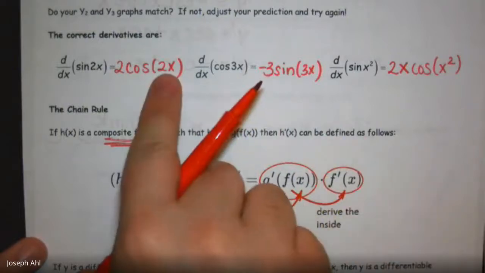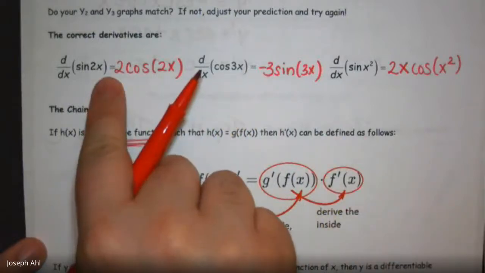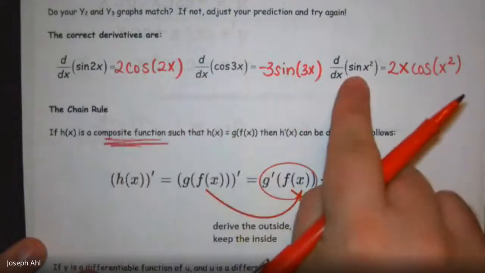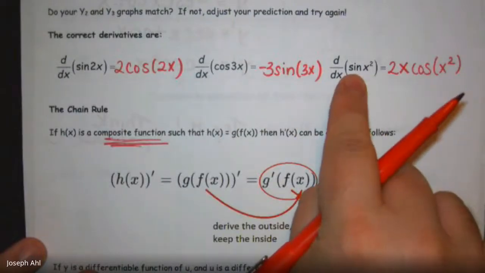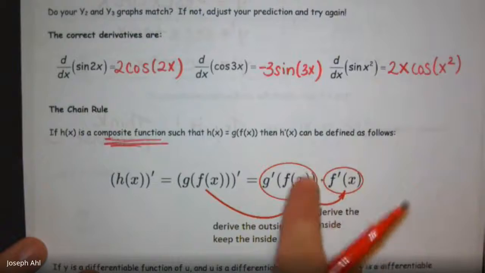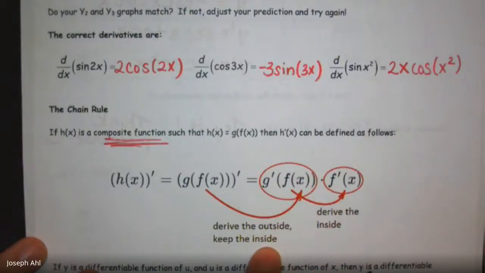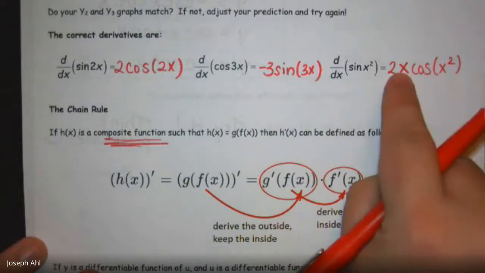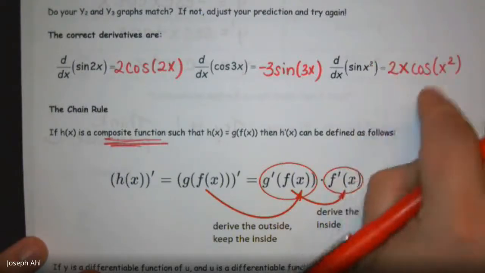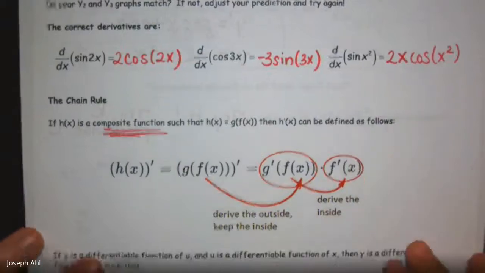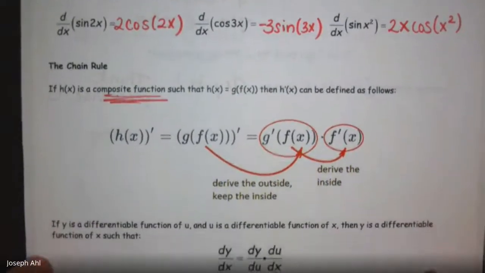Well, the derivative of the inside here is 2. Similarly, up here is sine of x squared. The derivative of the outside would be cosine of x squared. Keep that inside part, but then the derivative of what's on the inside, x squared, is 2x. So you can see how we can now start doing some more complicated derivatives when we have a composition of